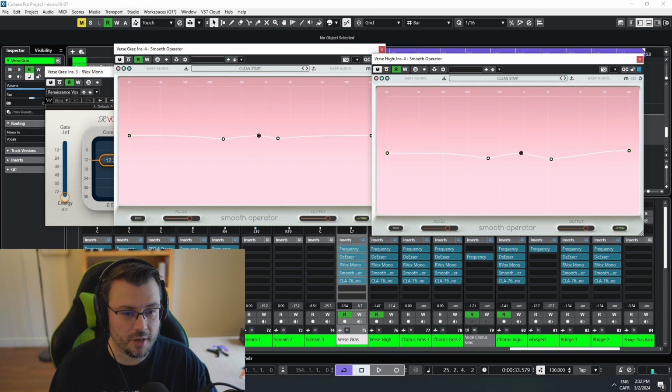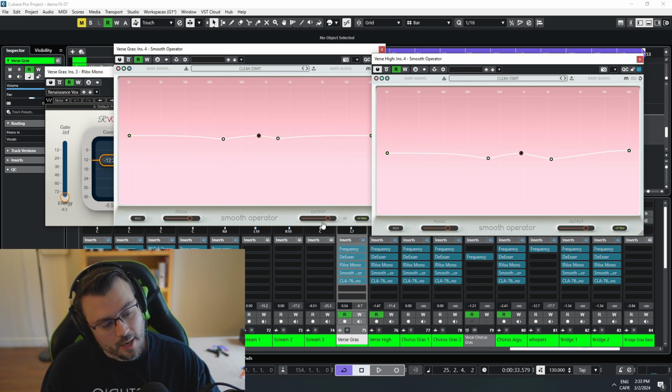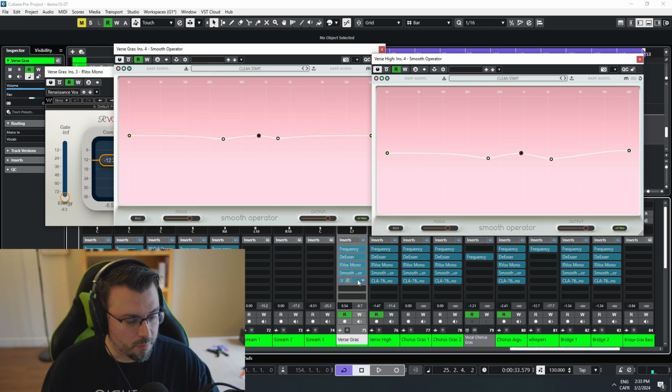All right, so you can hear that the vocal is less boomy, the vocal is clearer, the vocal is smoother. I think I really like this plugin on my vocals. And so after Smooth Operator, it's